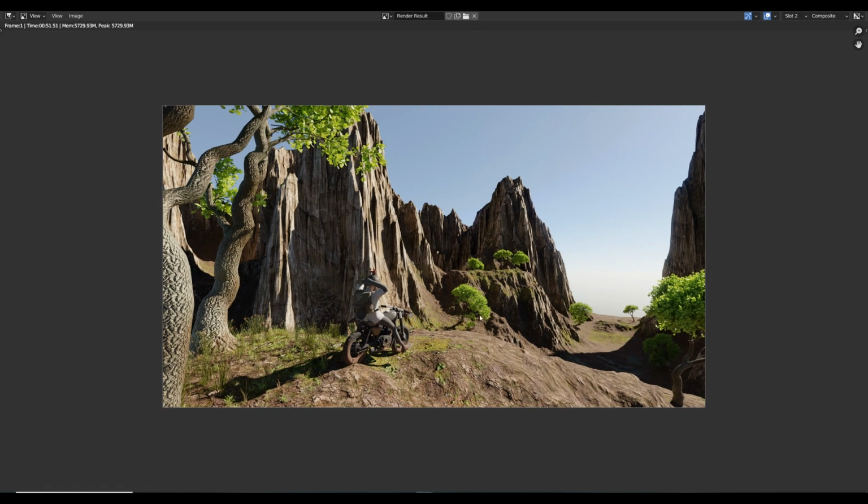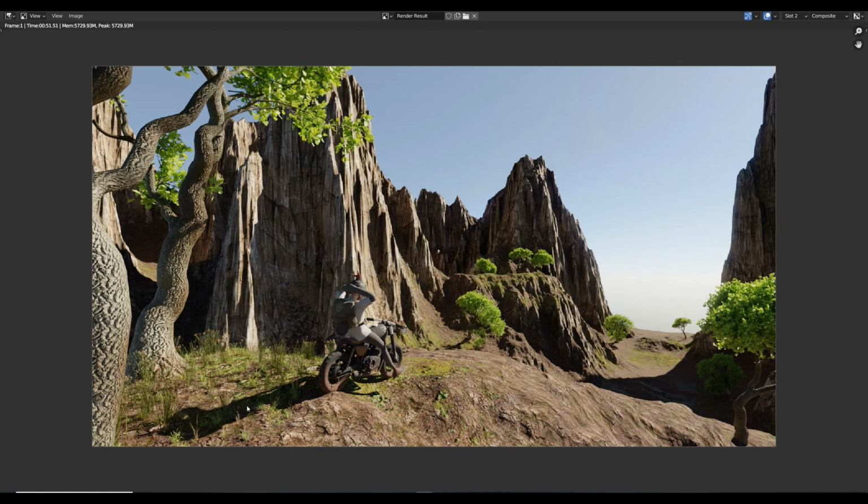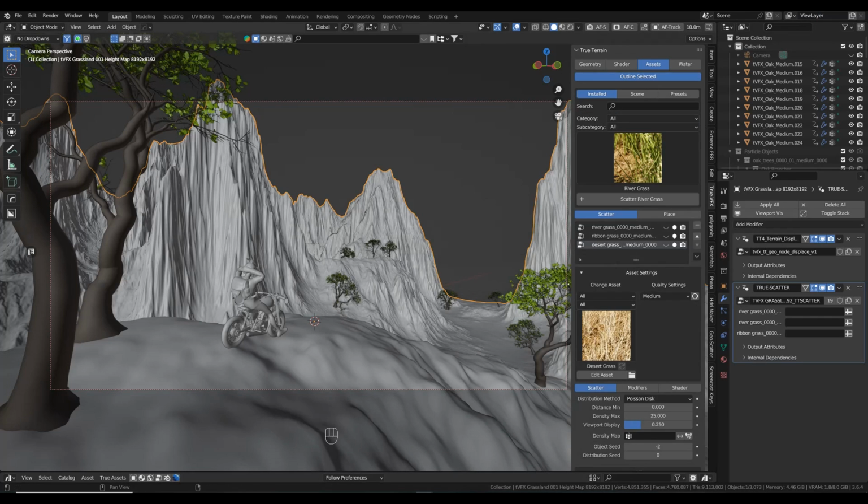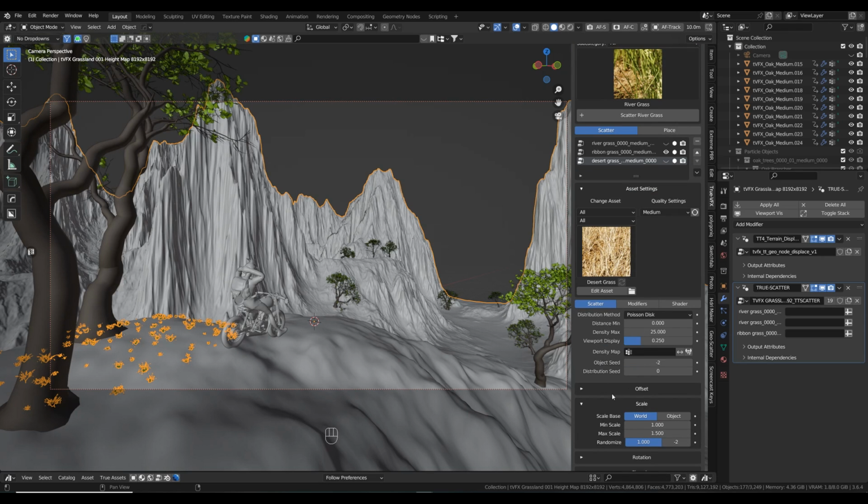Okay, so quite okay, but as you can see, it's still not enough, so we definitely need to up this. And in the meantime, we can also go in here. So I think the ribbon grass could use even more. So if we go to 1,